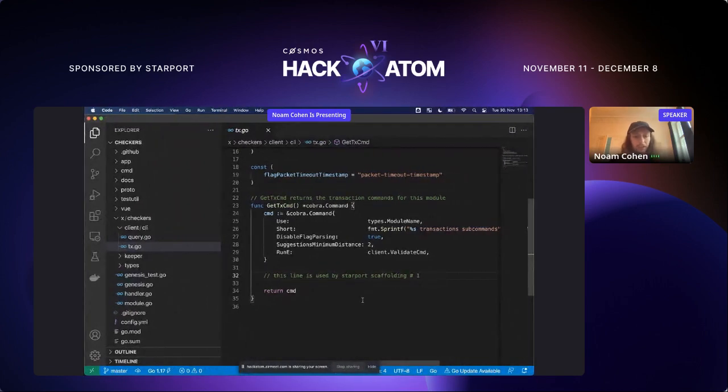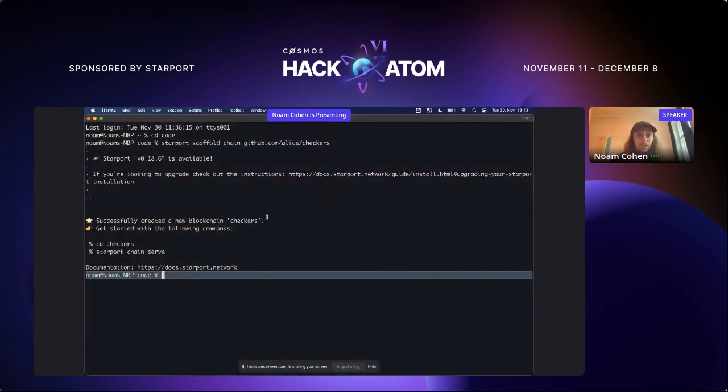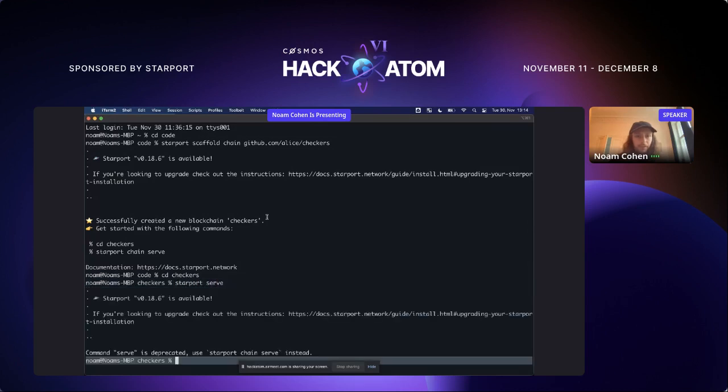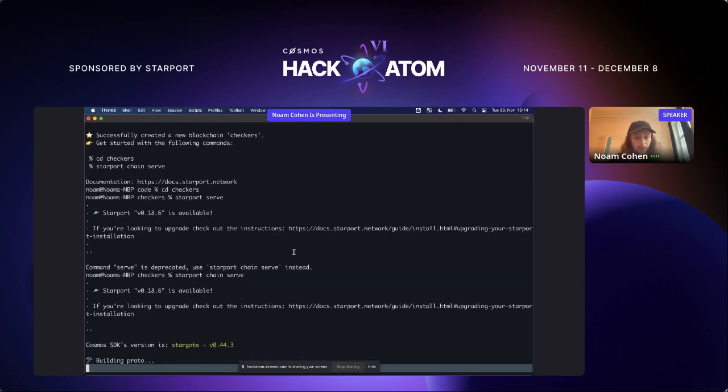So let's actually start running the chain. We do that by first of all going to the folder, and then we say Starport chain serve. What it's doing now, basically, is building everything that we need to build. It's checking the dependencies, making sure you have everything, and basically it just generates everything. It starts building the binary for you, compiles it,